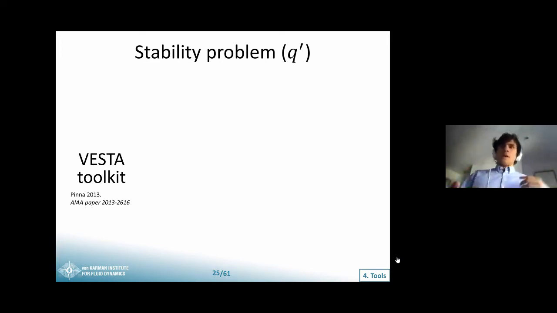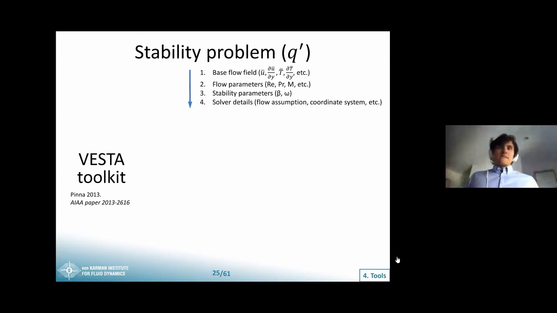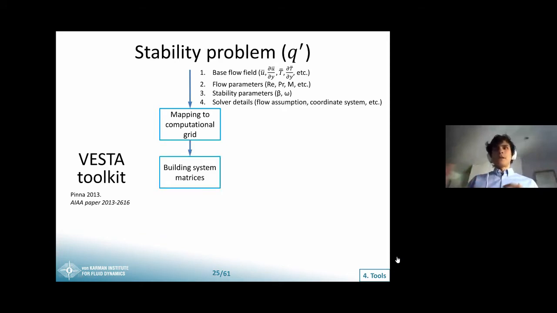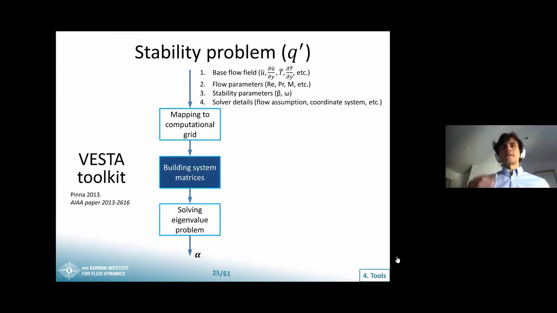As with any LST solver, really, it receives the laminar baseflow field together with a series of flow parameters and stability parameters. It maps everything onto the computational grid. It builds the system matrices and then effectively solves the eigenvalue problem, obtaining, as we said, this complex wave number. The most interesting of these blocks, and where all the actual physical modeling goes, is in the building of the